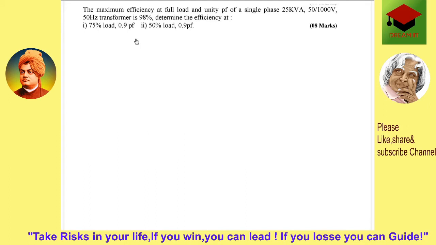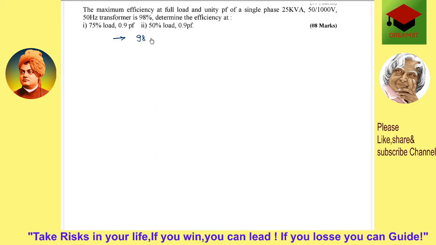Next you see this, this is also a very important problem. The maximum efficiency at full load and unity power factor of a single phase 25 kVA, 50 by 10,000 volts, 50 Hz transformer is 98%. Determine the efficiency at 75% of load, 0.9 power factor. Second question is 50% of load, 0.9 power factor. So for this what you have to do is, first see maximum efficiency is given,